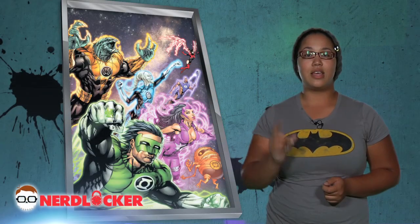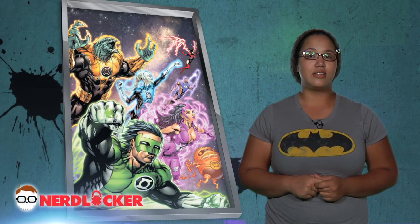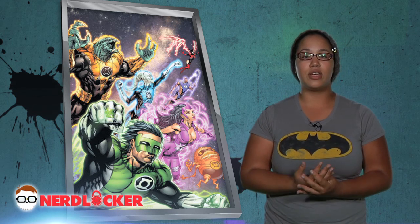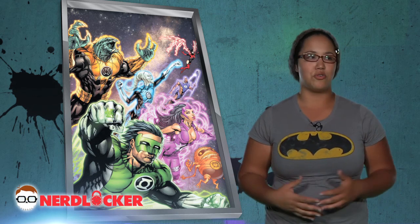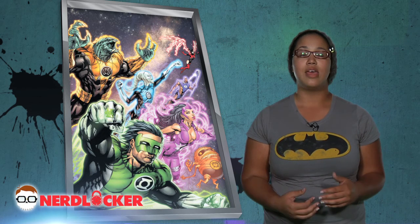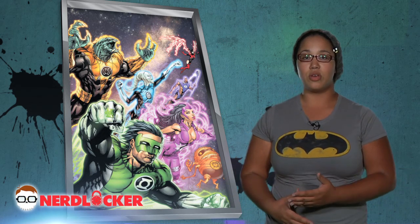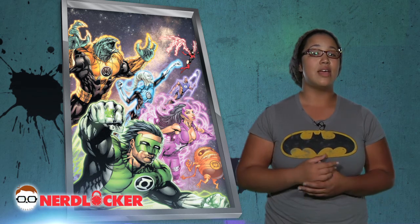Next up is DC Comics' New Guardians #2. I was blown away with the first issue because it's Kyle Rayner getting a ring and then getting all the rings, and you're freaking out and trying to figure out what's going on. And this issue is no different. Every lantern from every corps that has a stolen ring comes to find him except for one,